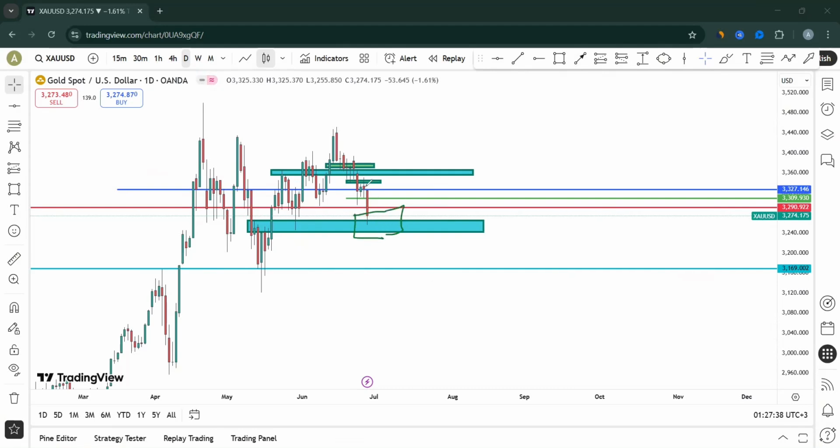This area is very key. Because the market was coming down, lower low, lower high, lower low, lower high, lower low, lower high, lower low. If the market can attempt to change trend from here for a swing, it will be okay. But also for intraday, guys, what can we do? We have a market that's created a low, lower high, lower low. So we expect it to go and give us this retest here. If it can give us a weak retest into this level here, then you can utilize this movement from here